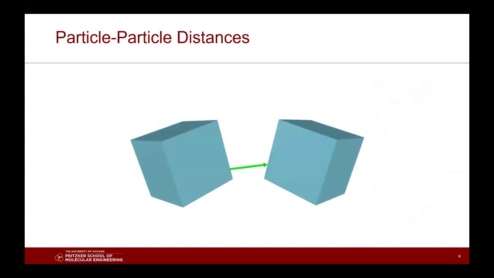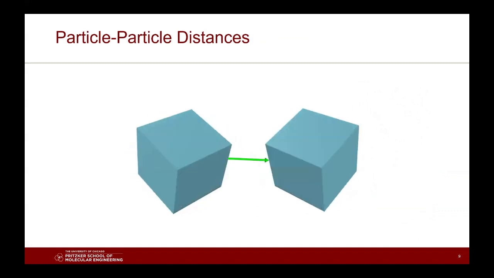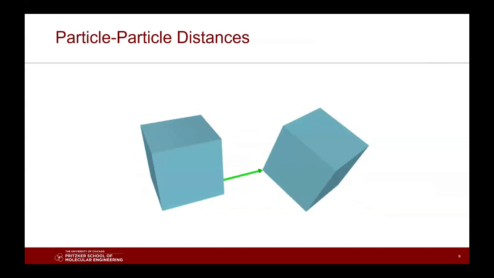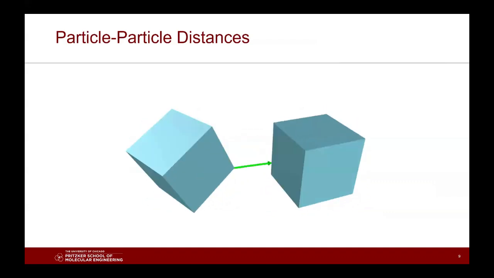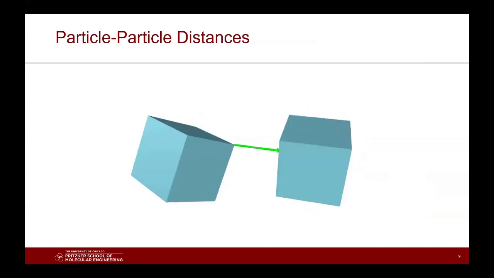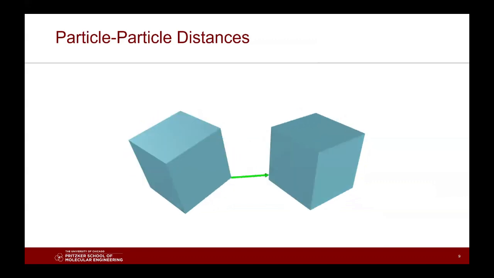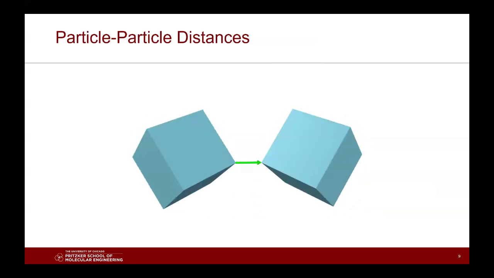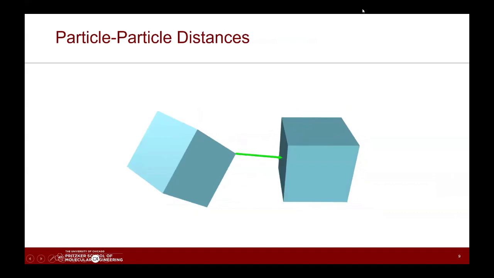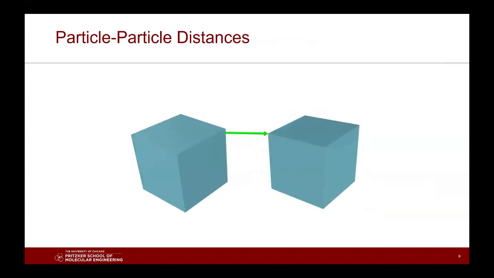And lastly, I set up the code and optimization such that the closest distance between two particles can be readily calculated. So here on the screen, I have two cubes, and as I rotate them around, the green arrow points in the closest point-to-point distance between these cubes. And as you can see, the current implementation works quite reliably for the cubes, and it works also quite reliably for cylinders and any other particles I've implemented so far. And so now that I have these particle-particle